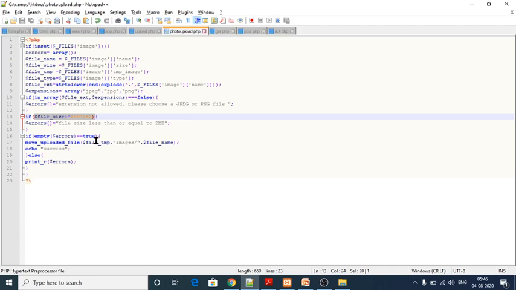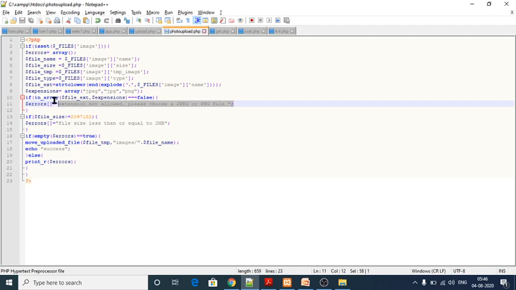If my file size is exceeding 2 MB, it would not upload into the particular web page. That is what this one tells us. So next one is the extension should be JPEG, JPG or PNG format. Other formats are not allowed. Except JPEG, JPG and PNG format, other formats are not allowed to upload.